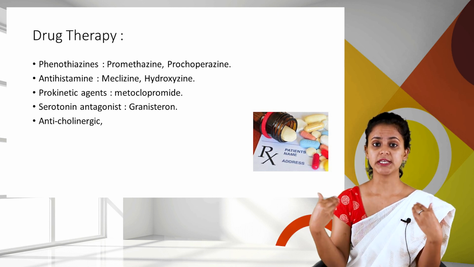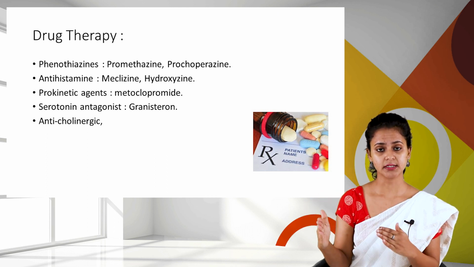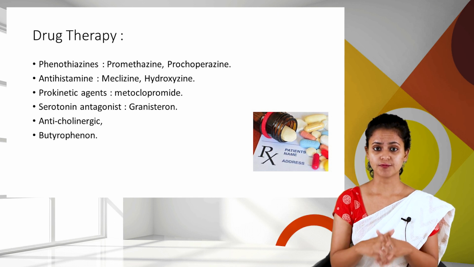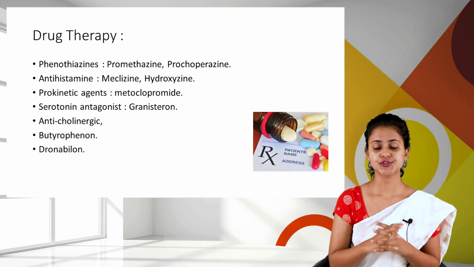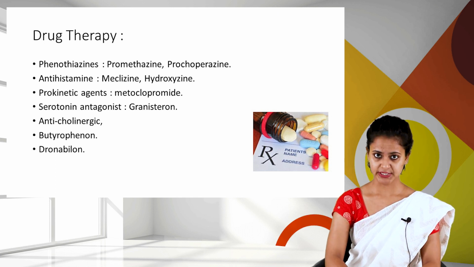Serotonin antagonists are often used here. Other drugs commonly used to treat episodes of vomiting include anticholinergics. Butyrophenone is often used here to manage the symptoms. Dronabinol is a very commonly used drug group to manage the symptoms of vomiting. All these drugs are commonly used to manage the client. Depending on the client's condition or the underlying disease, we assess the need for the drug, and a physician prescribes the needed pharmaceutical agent to the client